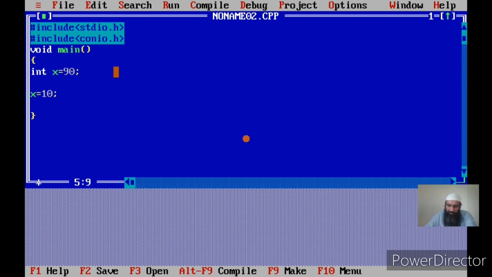Now, if I don't give this part, let us see the impact first. That is, I don't give an initialization at the point of declaration. This is also called compile time initialization. What I am doing is initialization later on. I can again use the same initialization in different forms as many times as I want in a program to change the value of x. Let us see the impact of this.